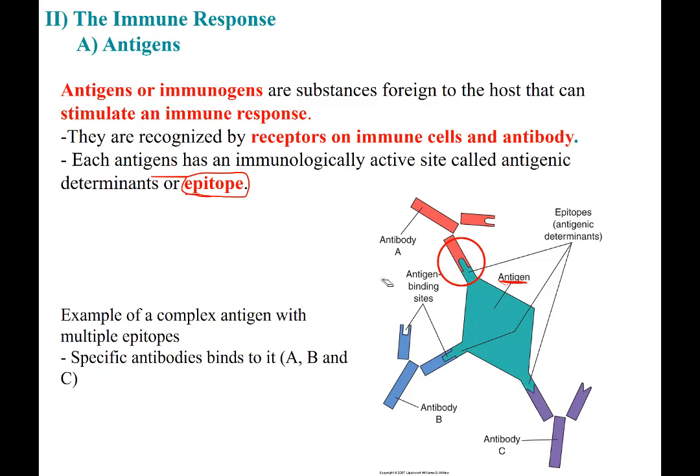On this graph there is an antibody A, B, and C. In this particular example, you're going to need three different kinds of antibody. You see this one here that can stick to the round one, this one that can bind to the square one, and this one that can bind to the triangle one. So A, B, and C. And it's only when those three different types of antibodies are produced and bind to the antigen that you can neutralize the antigen.